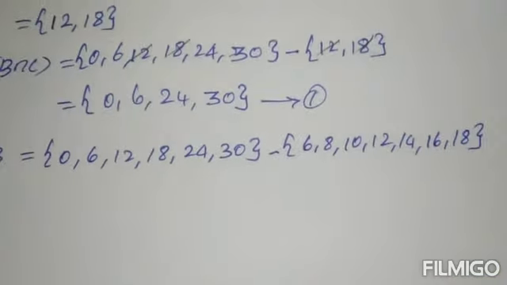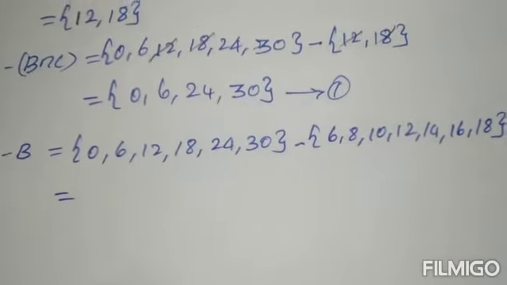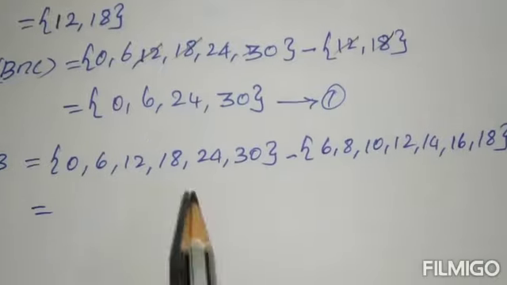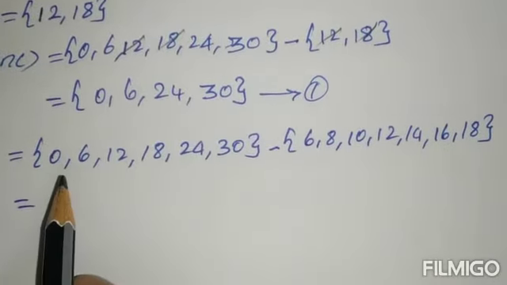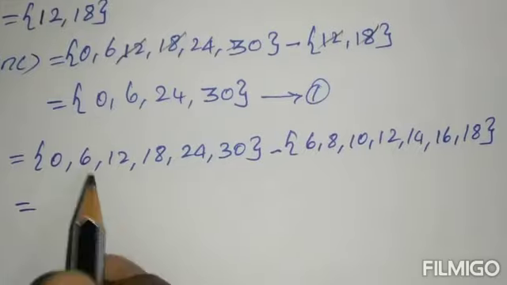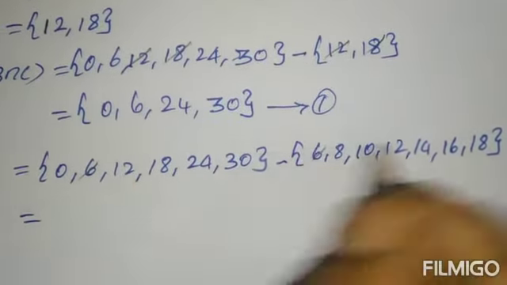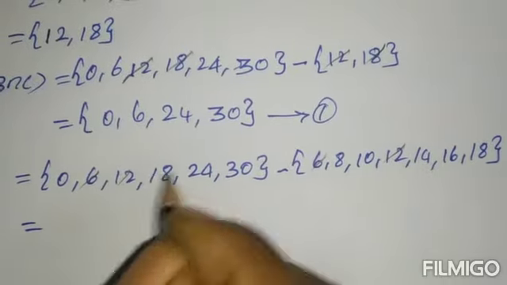So now you have to write the elements of A difference B. So A difference B means the elements belongs to A but does not belongs to B. So A ல இருக்கிற element எதுனா B ல இருந்தா அதை விட்டு remaining element எழுத போறோம். So let us check. So 0 அதுல எல்லாம் எழுதணும். அப்ப 6 இருக்கு. அப்ப 6 எழுத கூடாது. Then 12 இருக்கு. So அதையும் strike out பண்ண எழுத கூடாது. Then 18 இருக்கு. அதையும் விட்டுறணும்.